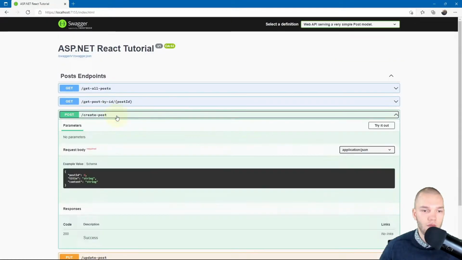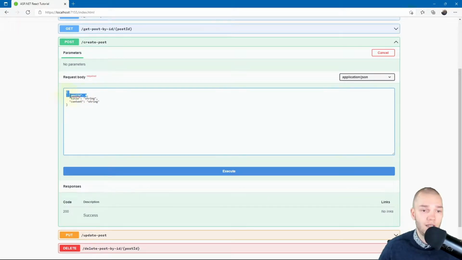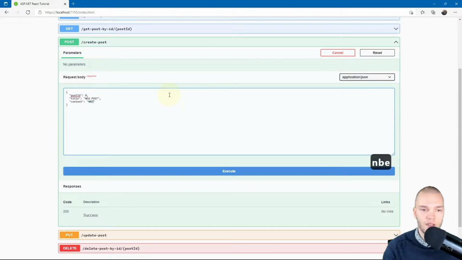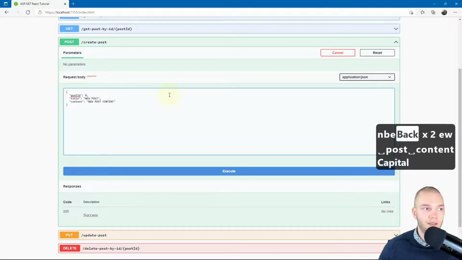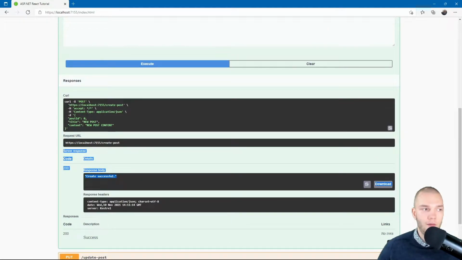Okay, let's try to create a new post. I'll leave the post ID as 0, so the Entity Framework or the server automatically fills that in for us. I'm gonna set the title to new post, and I'll set the content to new post content and execute that. And there we go.